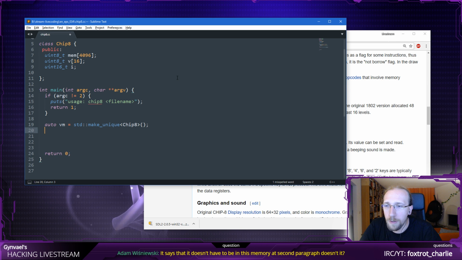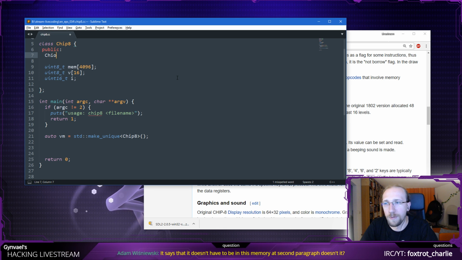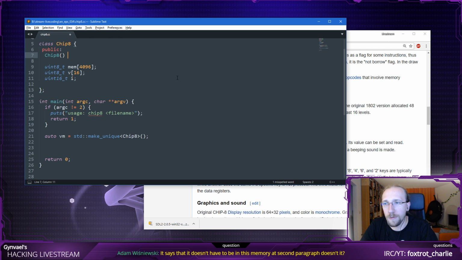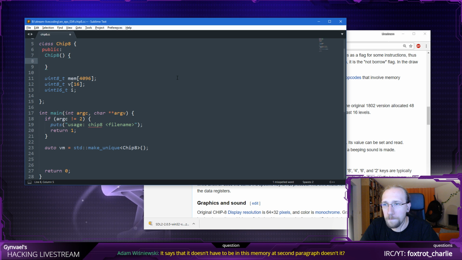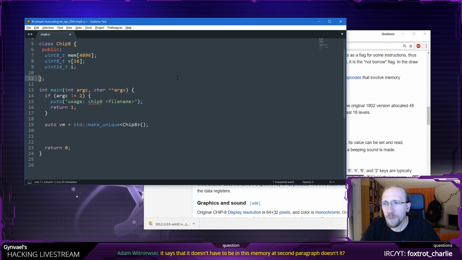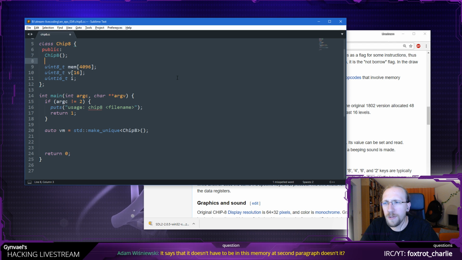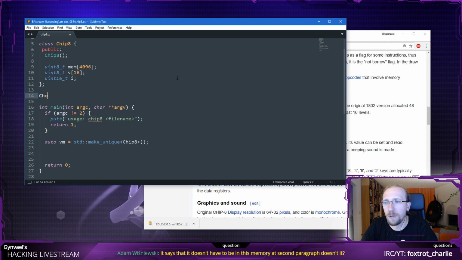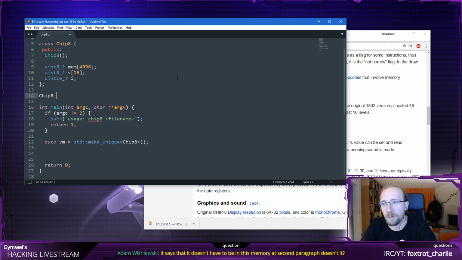So, okay, I created this class now. I don't need a constructor. The constructor has to be there just to clean the memory and do some other stuff. So let me create a constructor. Do I do it inline? It's going to be huge probably at some point, so I'm not going to do it inline. I don't need a destructor for all I know now. I will have to initialize obviously SDL and some other stuff, but I will do it later.